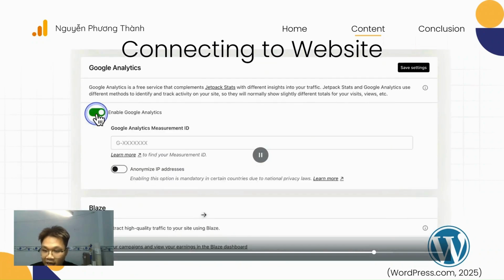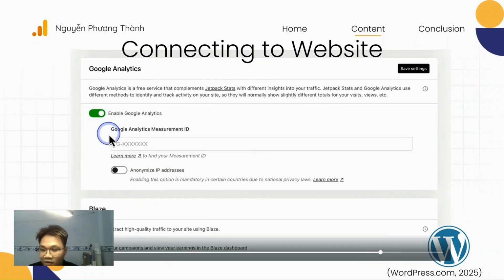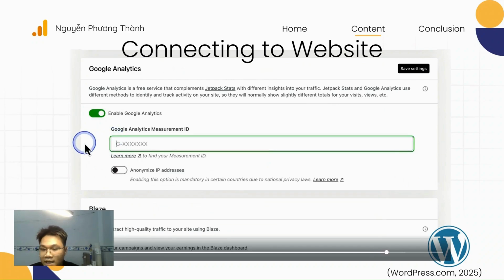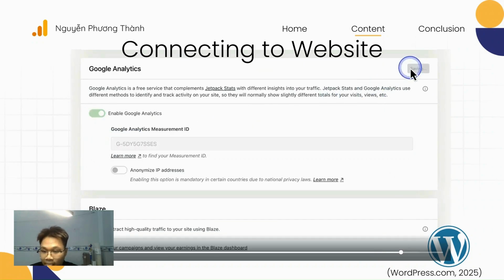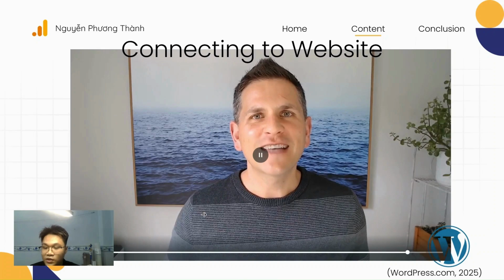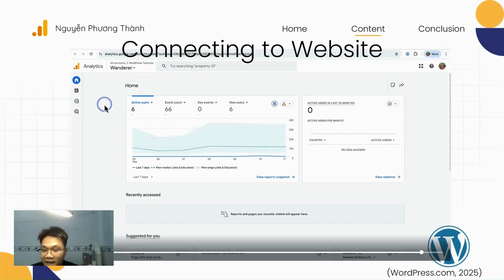over here and enable your Google Analytics, followed by pasting your measurement ID or your tag ID and then save your settings. Your site will now connect to Google Analytics and send data to Google. It may take 24 to 48 hours for Google to start displaying your